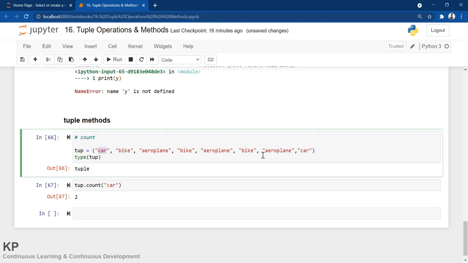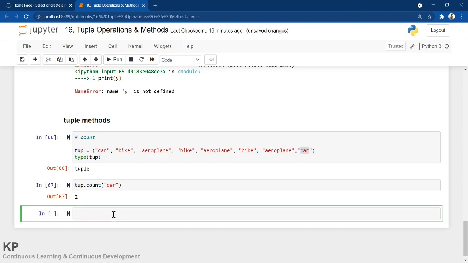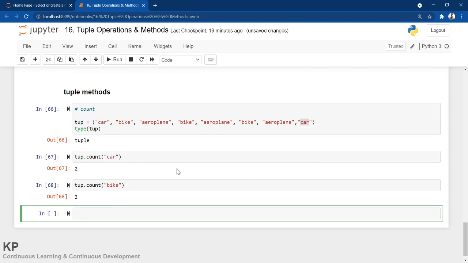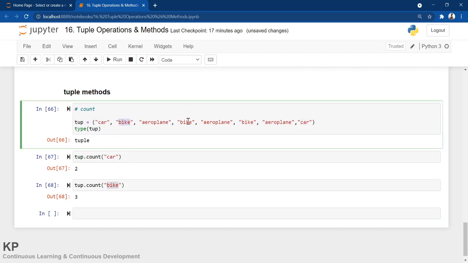Here is one car, there is another car. Let me go for bike. tup dot count, inside that I am putting bike. So the frequency of this element is 3 times. Let us check: 1, this is 2, and this is 3. So the count method gives you the frequency.